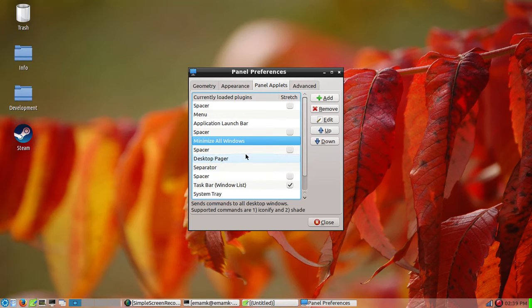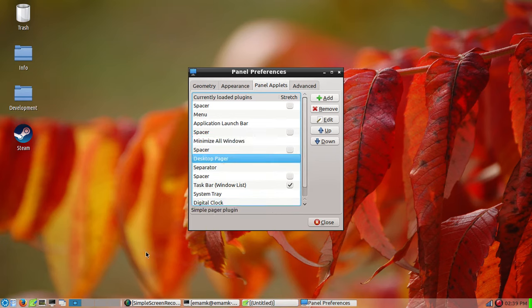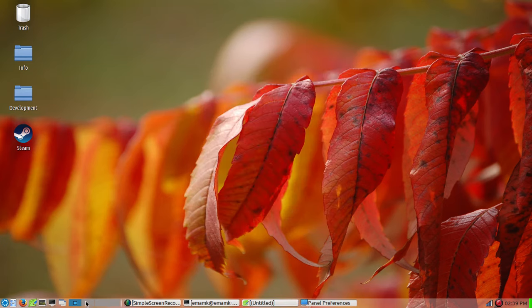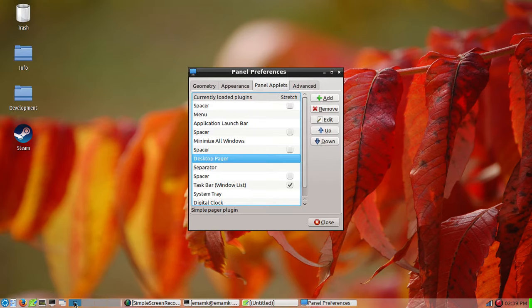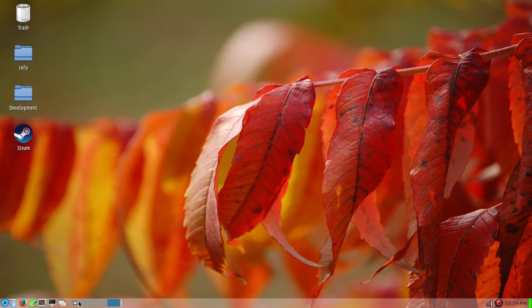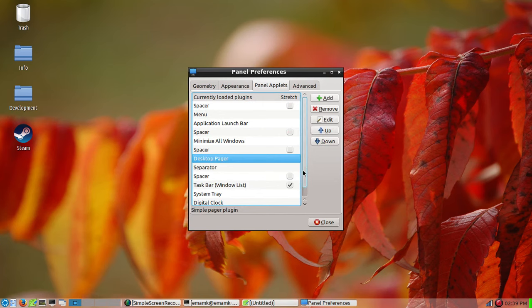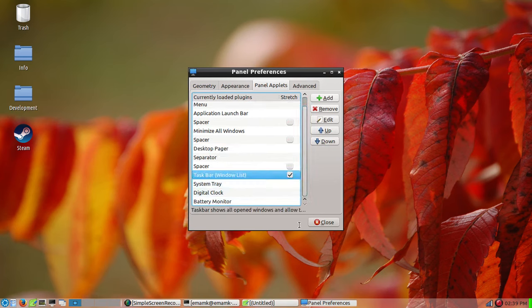Then you have desktop pager, which is showing this item for changing your desktop workspace. Then you have taskbar, which is this one, digital clock, this one, system tray, this one, showing network activity, and